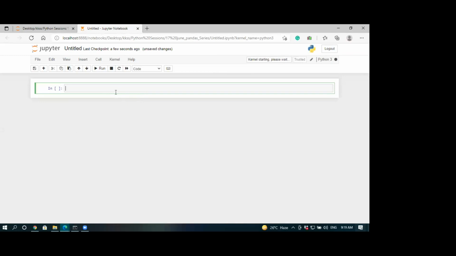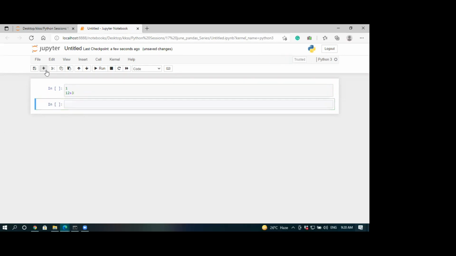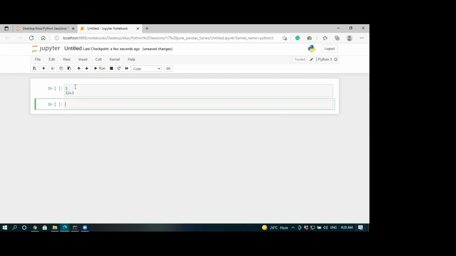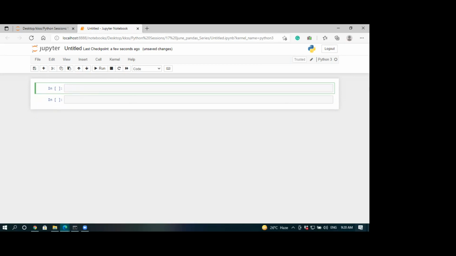This is where we're going to write our code and test it out. The square one that you're looking at is a cell where you can write single-line or multi-line code as well. If you want to add new cells, you can do that, and you can even rearrange the cells as per your need. And you can run individual cells at a time. That's about this notebook.